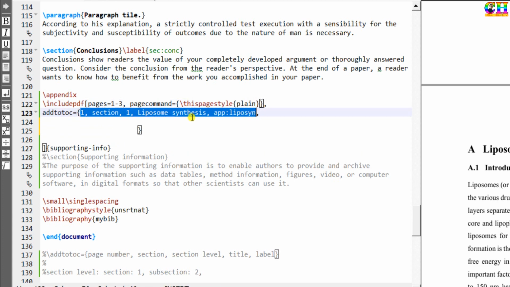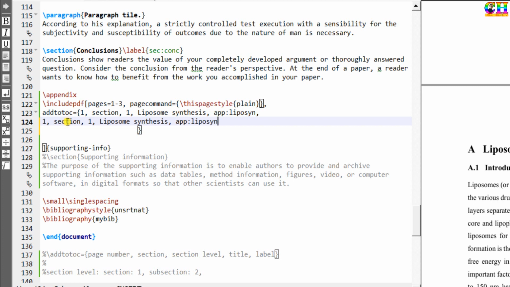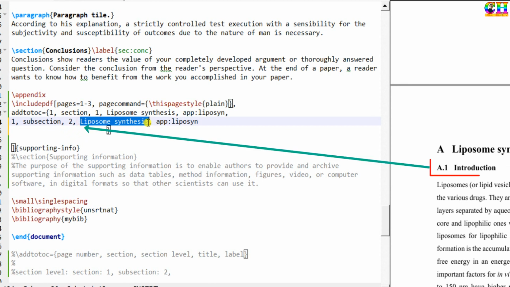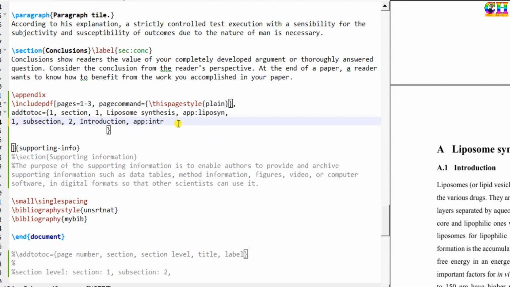Then we'll write for subsection. Page number is the same, 1, section type, this is subsection. For subsection the level is 2, title, and the label.